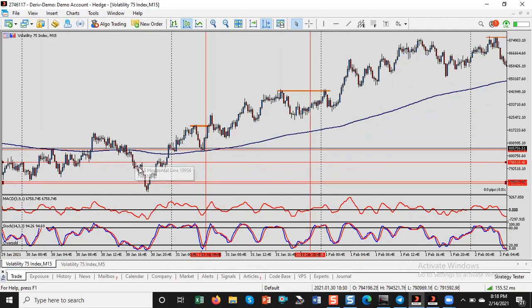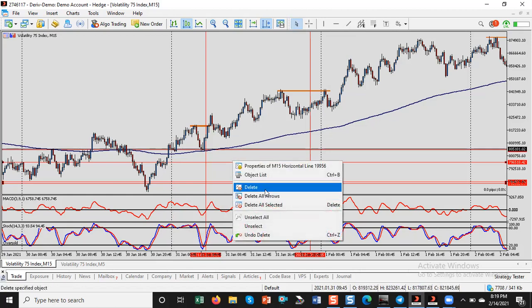Price has crossed below here. We want a retracement that will go close to the 200 exponential moving average, making our stochastic oscillator enter the overbought region. Then when the signal line of the MACD breaches the zero line, we take our entry, but that did not happen. So the next setup we have here